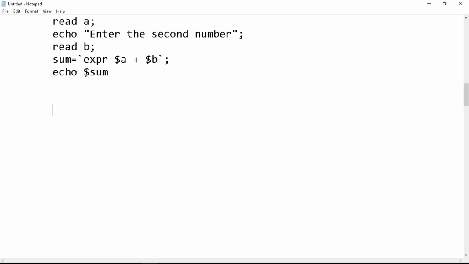So now the requirement is something like I don't want to give them interactively. I simply want to give them on the command line, right? Let us say sum.sh is a program, and if I enter now, it will ask enter the first number, enter the second number. Not like that. It's the interactive way. I want a non-interactive way, right? So I want to pass 1, 2 here, and it has to give me output as 3, right? So these are command line arguments. So this is the non-interactive way of programming, right? So we just execute the script, we get the output. Whatever values are required for the script, I'll pass on the command line itself. They are called command line arguments,